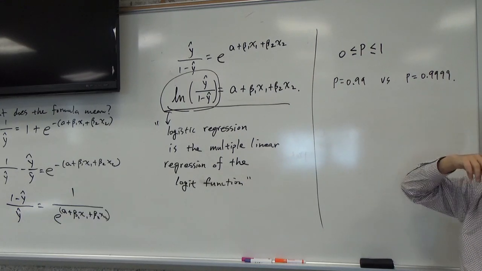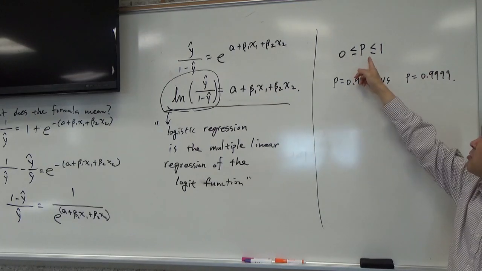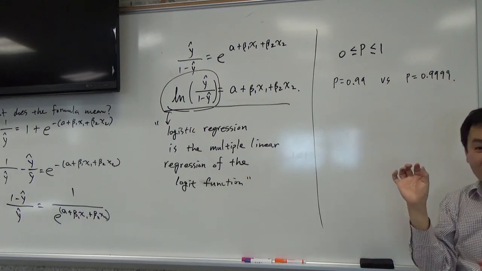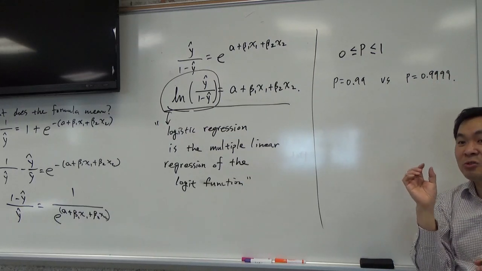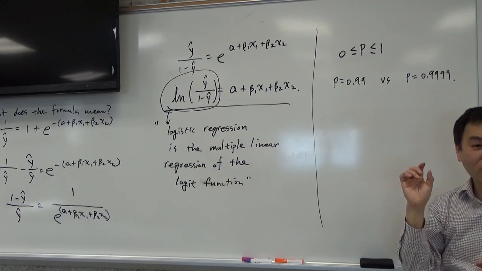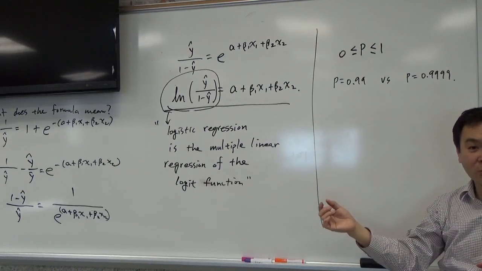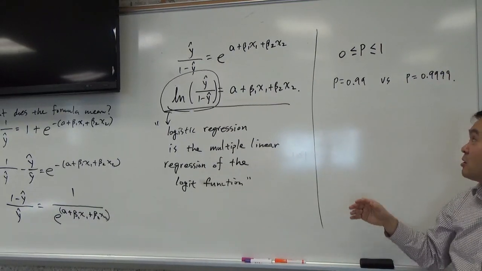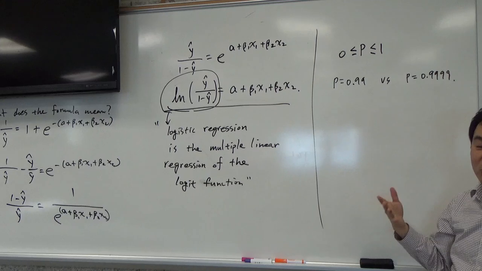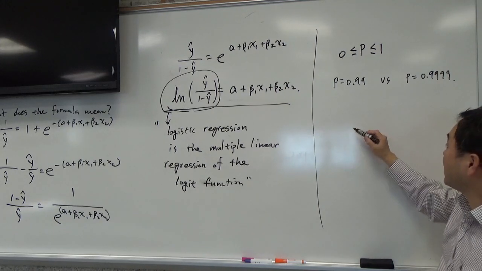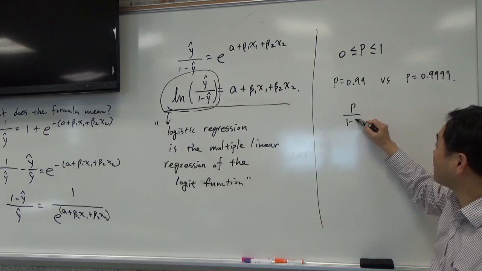So the face value of P often doesn't give you the importance of values close to 1 or values close to 0. Values close to 1 and close to 0 for probabilities have a very big meaning, whereas often we would miss it. So that's why you want to take P over 1 minus P